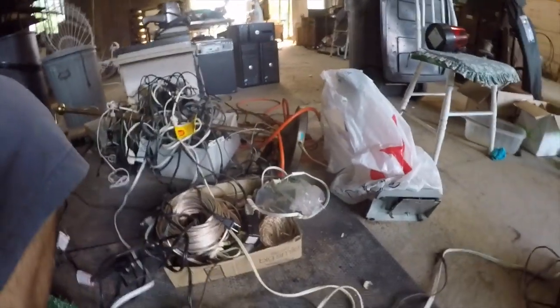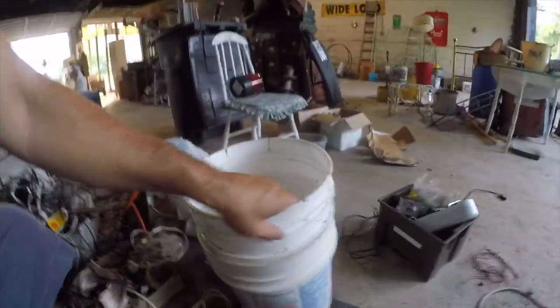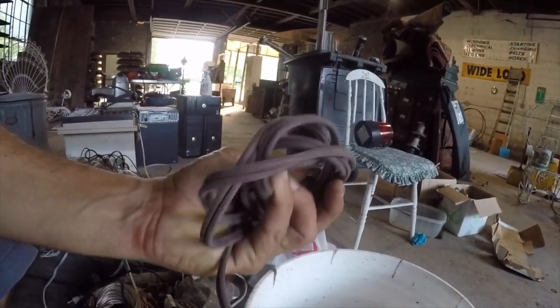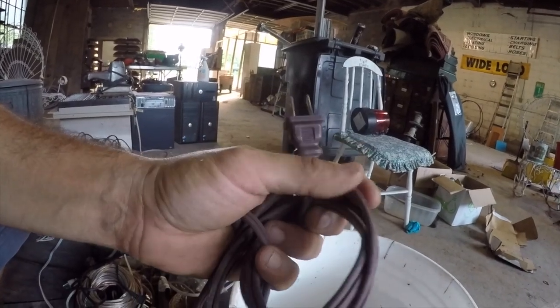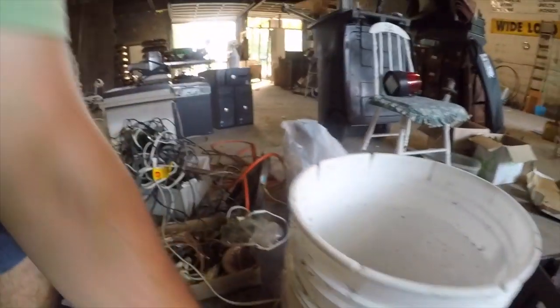But I still need to cut the ends off. I need to go find a 5-gallon bucket to put all the ends in. I got one right here, so I don't have to sweep them all up later. But I think I'm gonna put all this 2-banded lamp cord aside, and that speaker cord, and all the